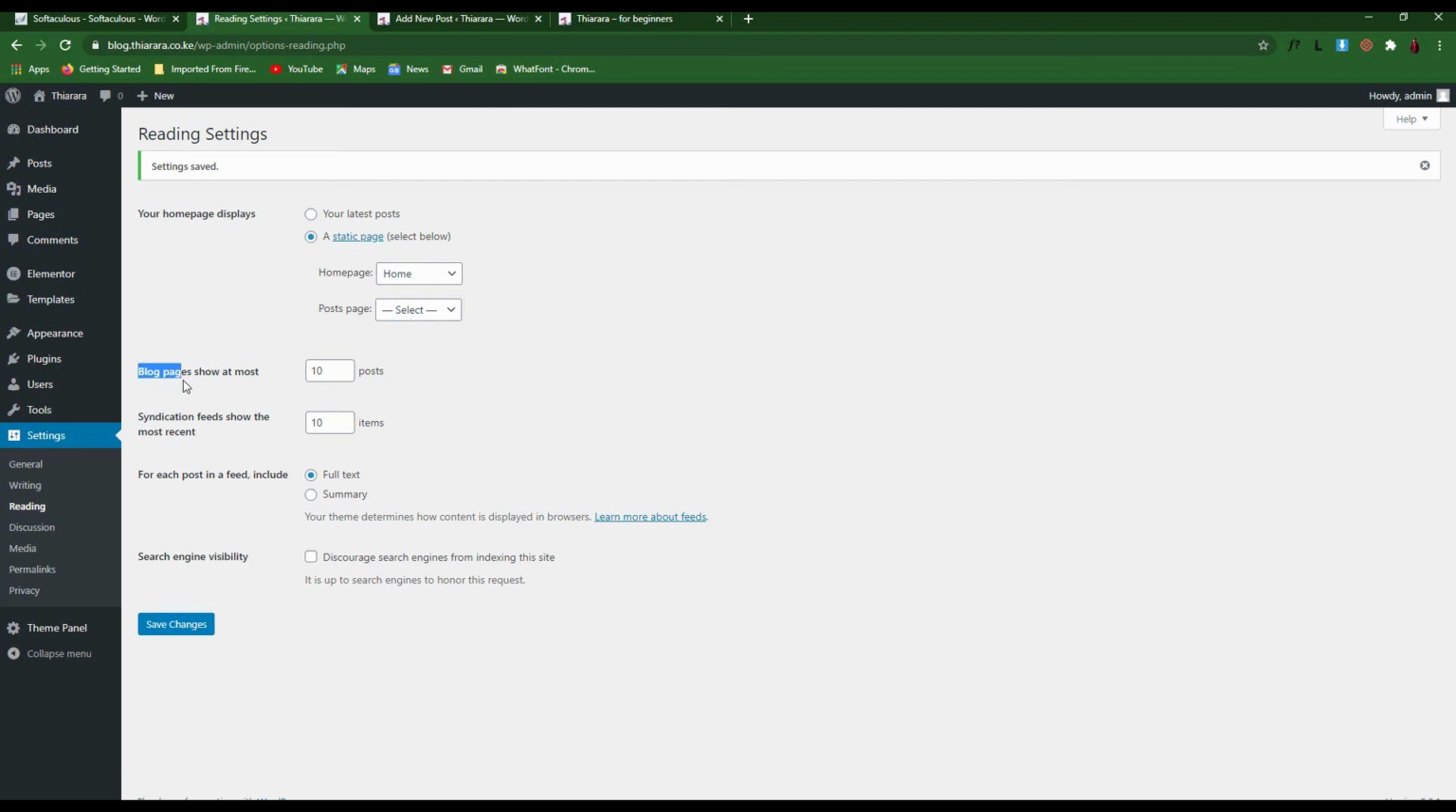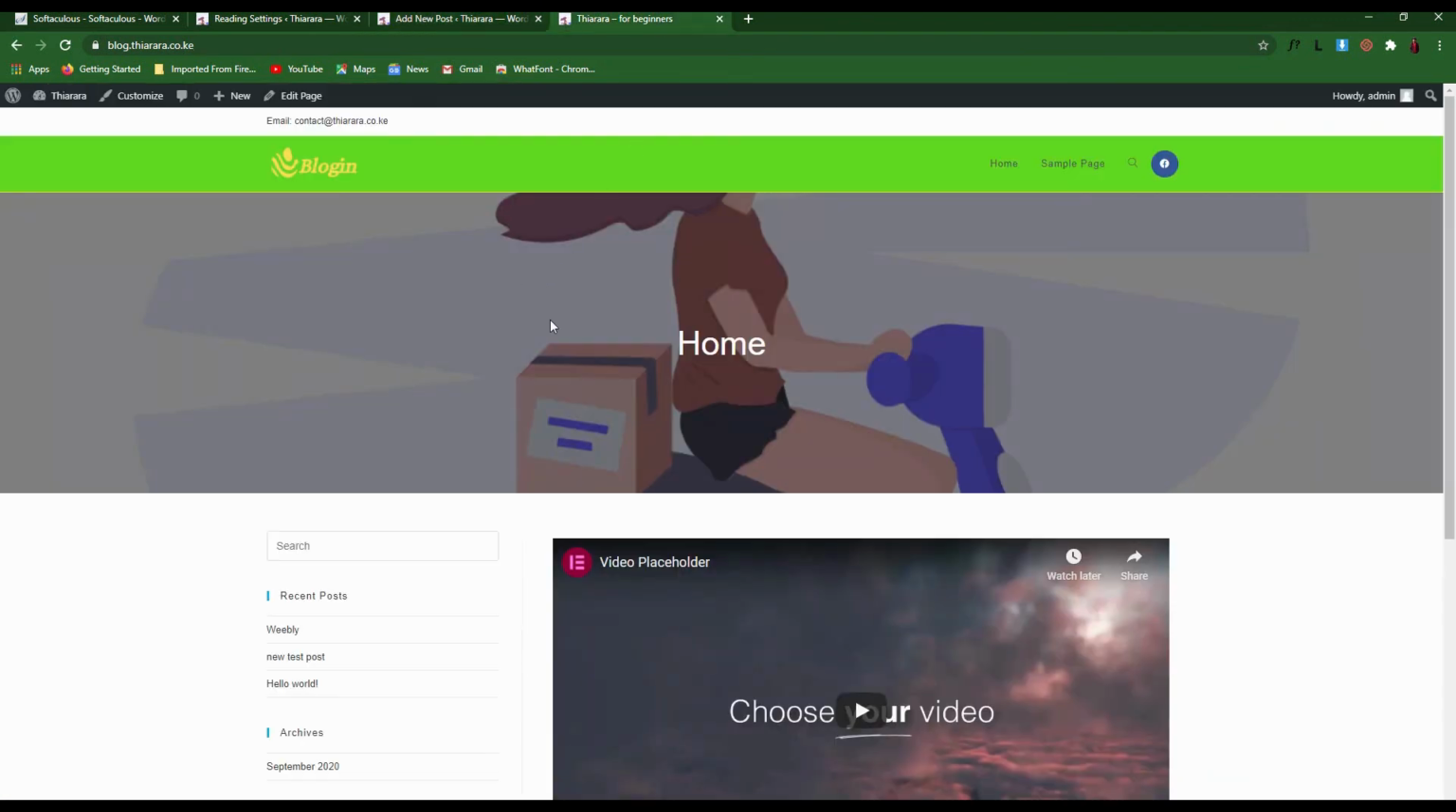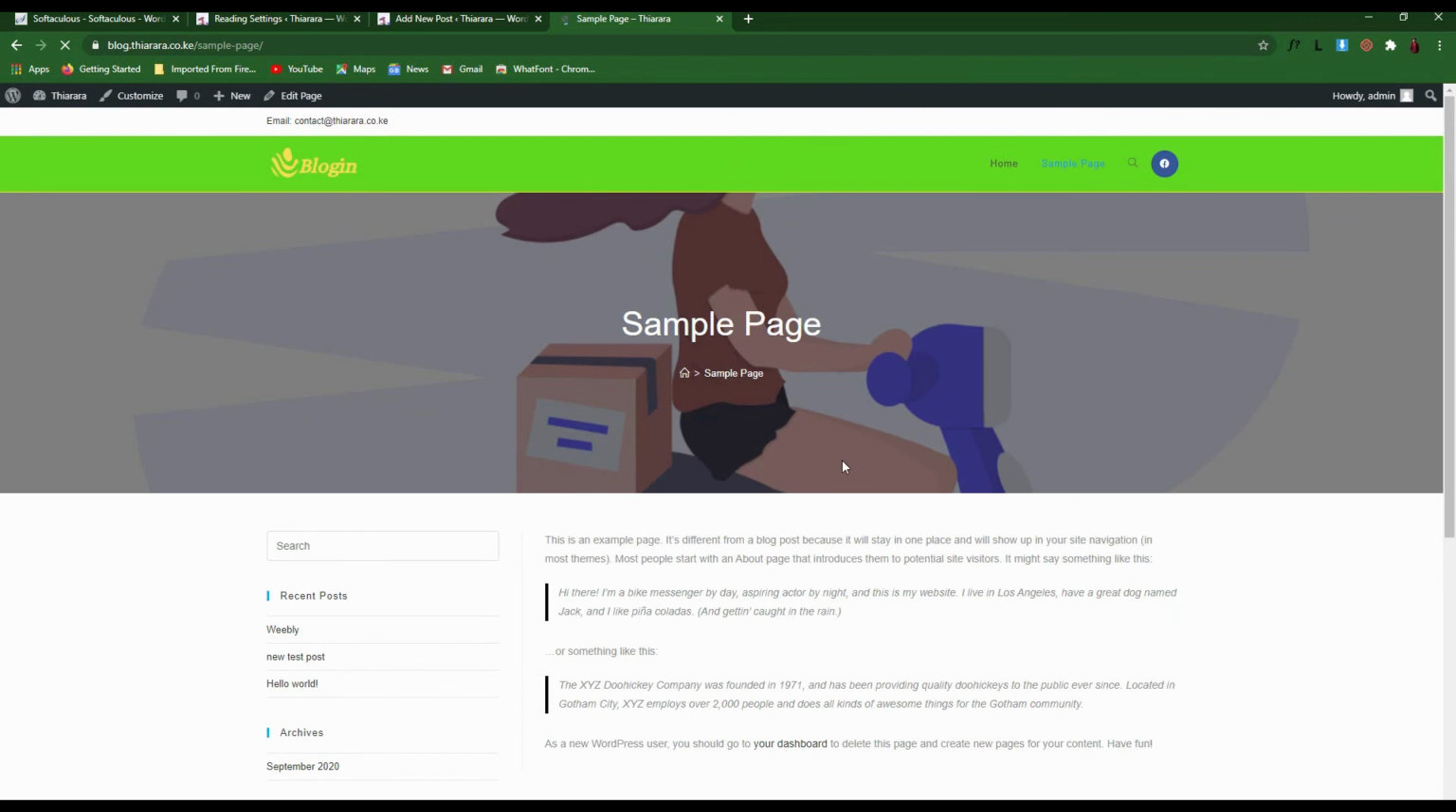Blog pages to show in a page. I want 10 posts. I don't have so many so far, and for now, when you just come to home page, like the sample page here, you see,